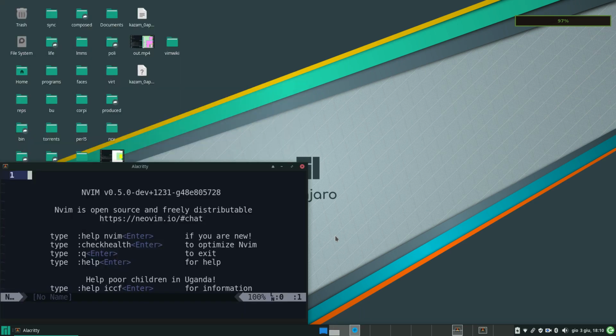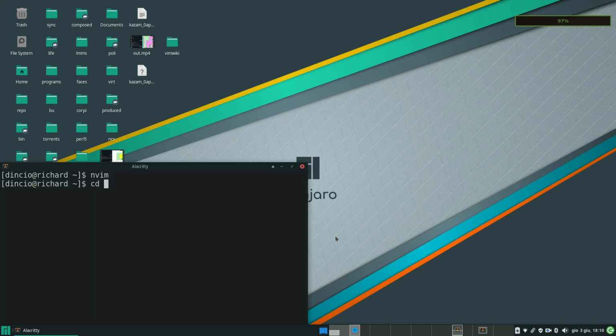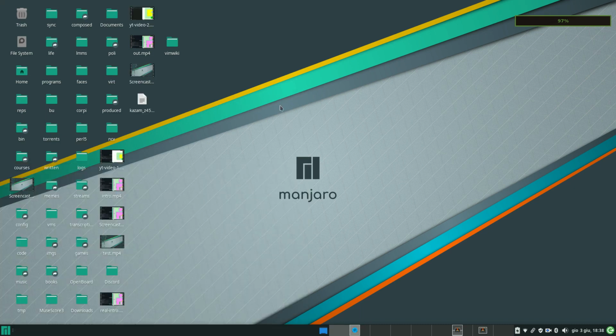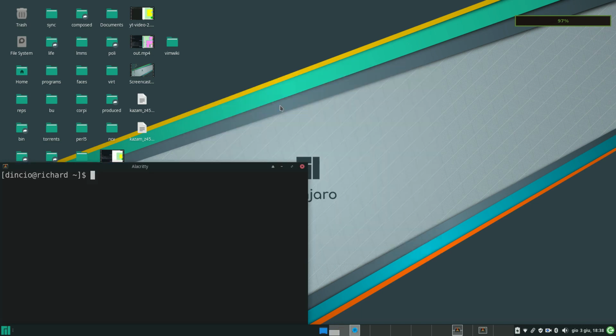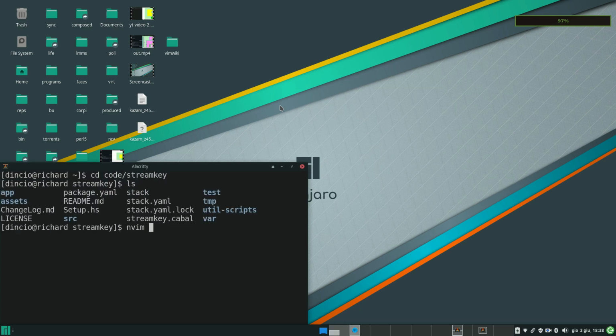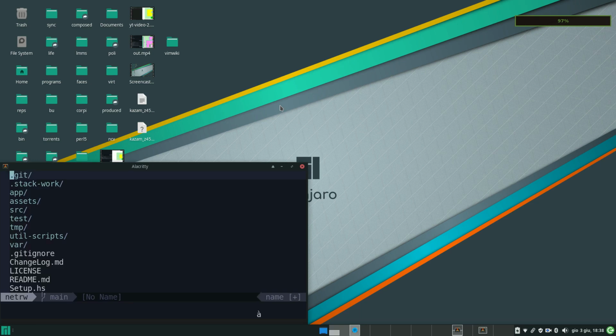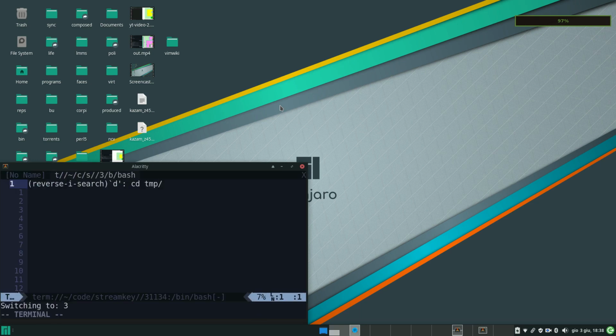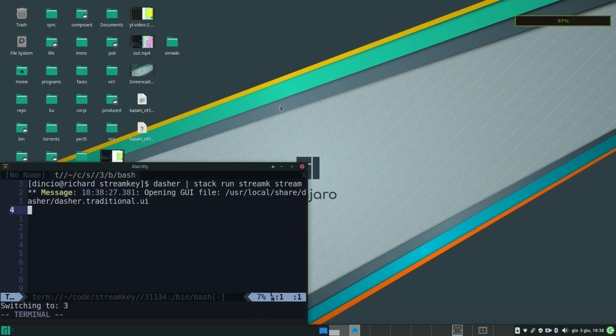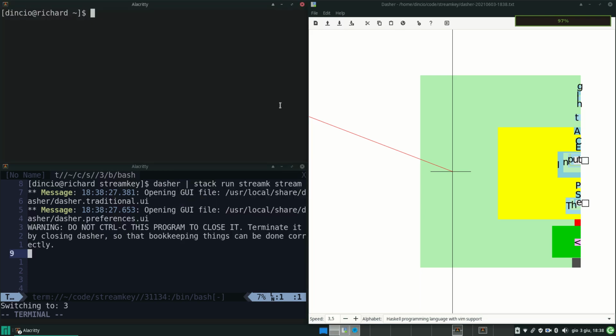So first of all, I'm going to, so unfortunately there were some technical problems and I need to record this again. So as I was saying, let's at first go to my project, which is my prototype script, and let's start it with Dasher. As you can see, I pipe Dasher output into it. And now let's go to code, remove my previous thing,